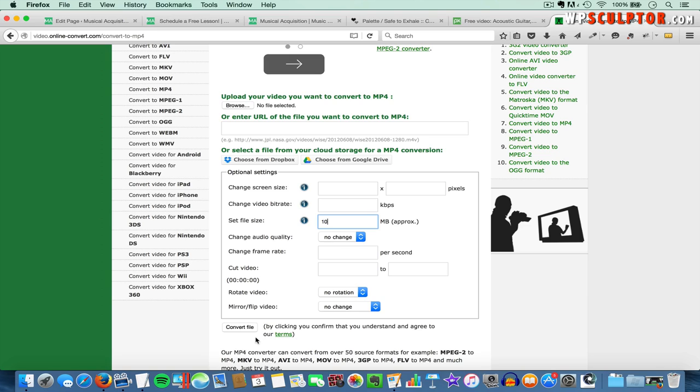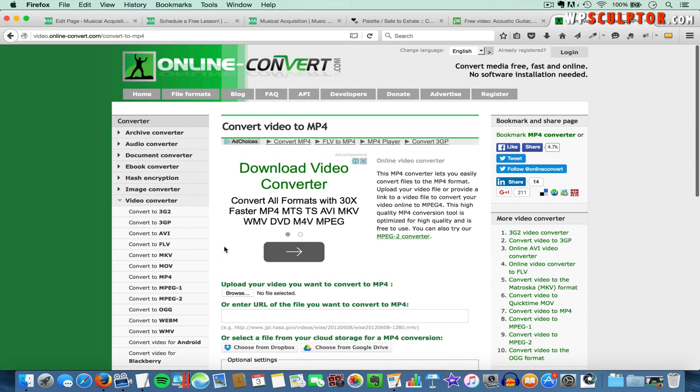And if the quality wasn't acceptable, you could always come back and try again with a higher number, say 20 megabytes, and convert that file to see how the quality turns out. Now, we need to convert our MP4 file to a .webm, so I'm going to go ahead and click on Convert to WebM,